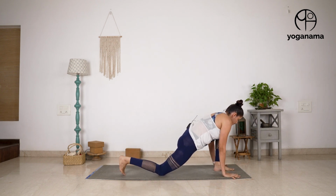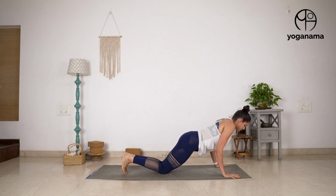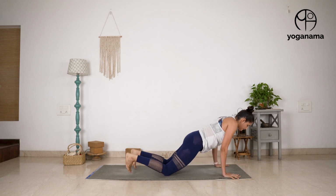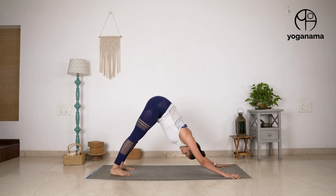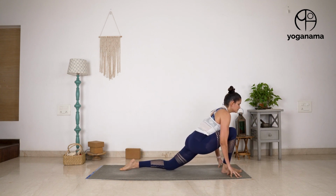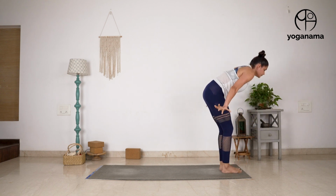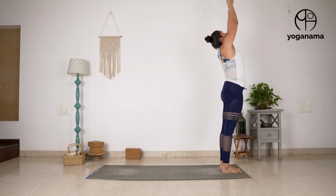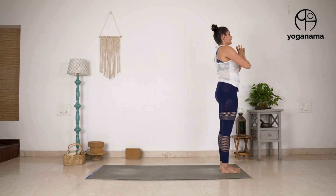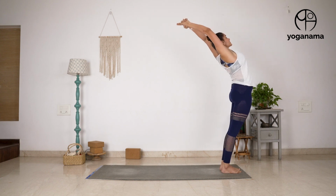Chatvari. Hope the body is starting to feel a lot more open, warmed up and mobile. Keep moving. Sapta, Ashtau, Nava, Dasha, Ekadasha, Dvadasha, Ekam. Last one, left side, Dve,